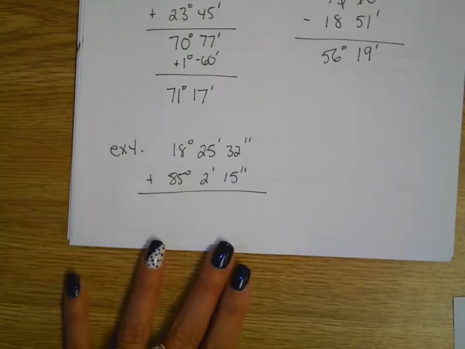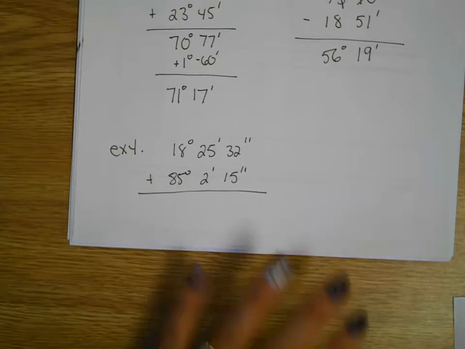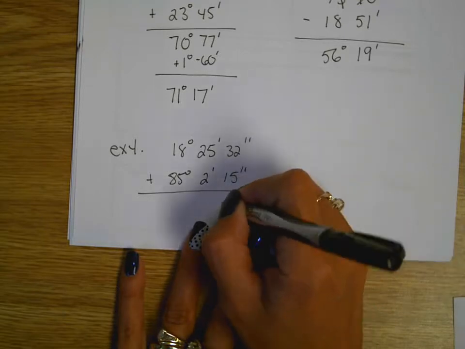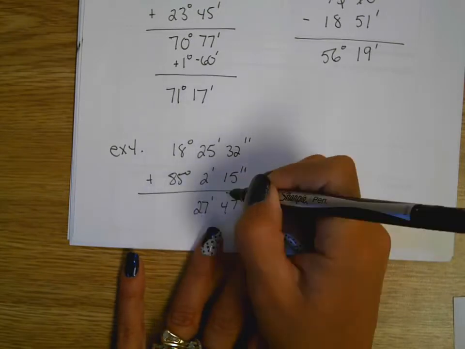Okay, we can add by hand, which we're going to do. And then I'll show you where the seconds is on the calculator. So what do we got here? 47 seconds, 27 minutes,